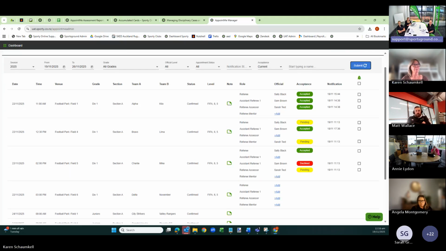So Sam will stay displayed there as a declined ref, and it's up to you how you want to manage that. You can see that now above his name, there's a slot to add an additional assistant referee with the add button. And you can leave Sam listed there as declined if that's something that you track and report on for metrics.